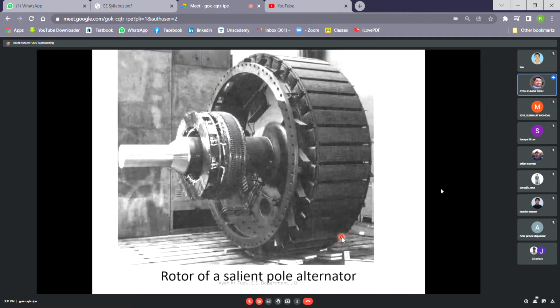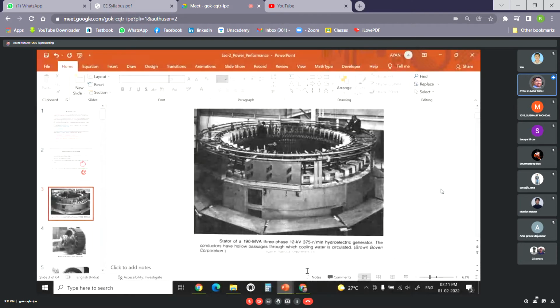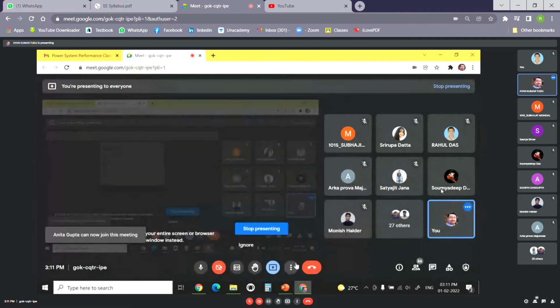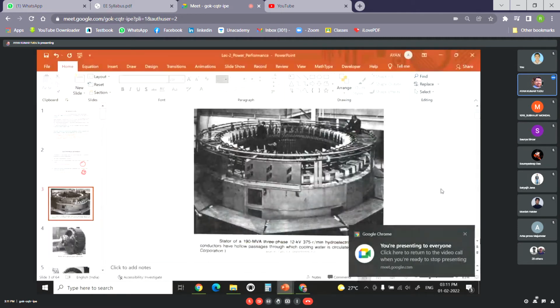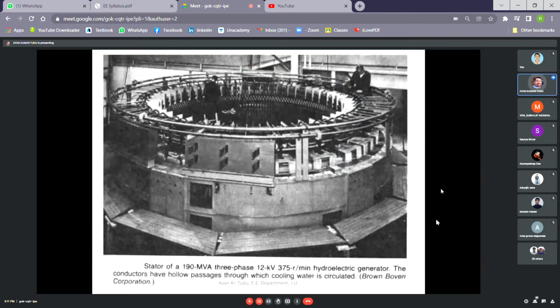Similarly, this is the diameter. Huge diameters. The exact value I do not know. I've just got the figure from Brown Boveri Corporation. It's comparatively very large